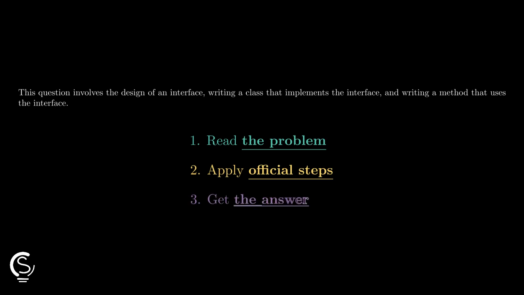For Part A, the interface must declare exactly one method. Boolean contains(int num). This method specifies the behavior that any number group must provide. For Part B,